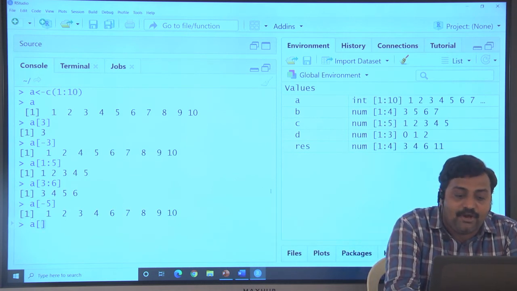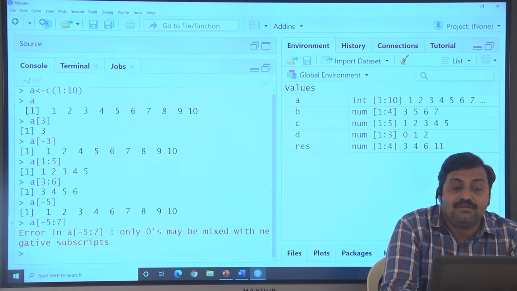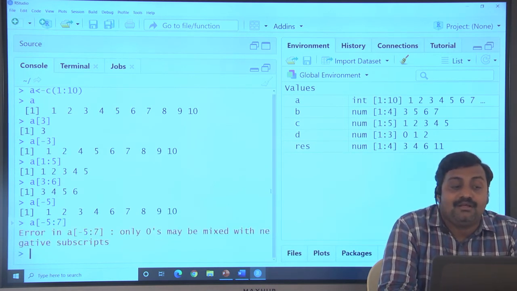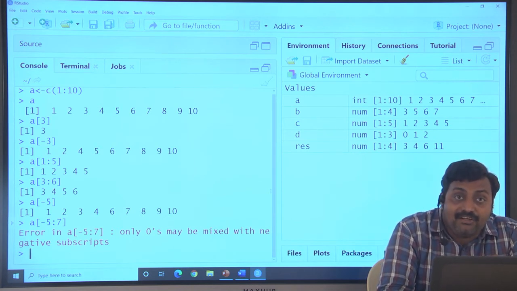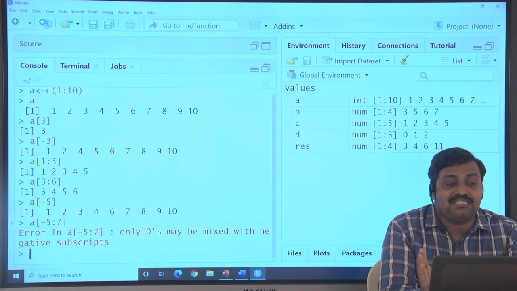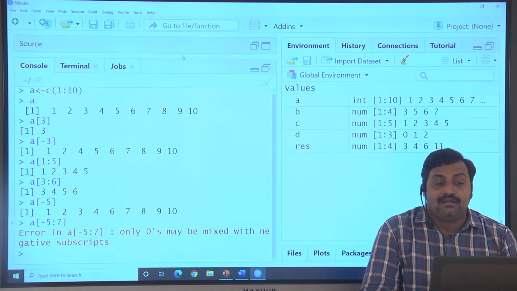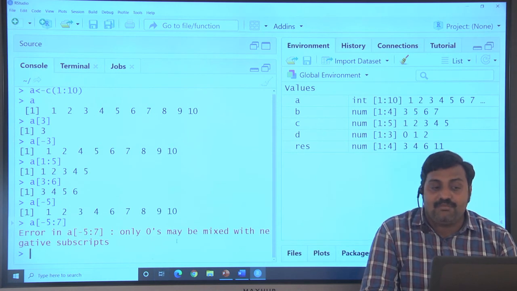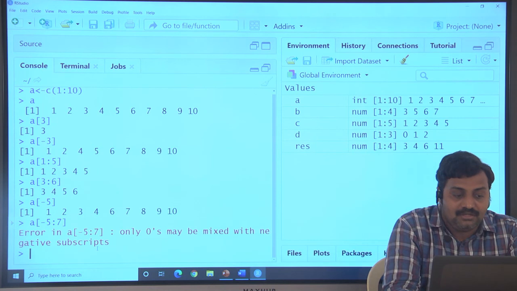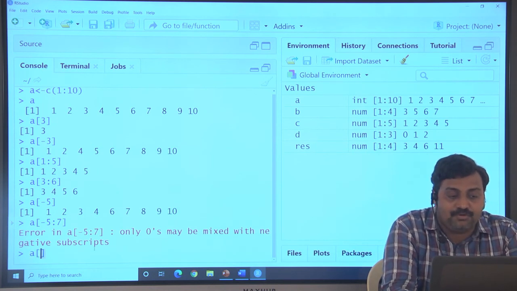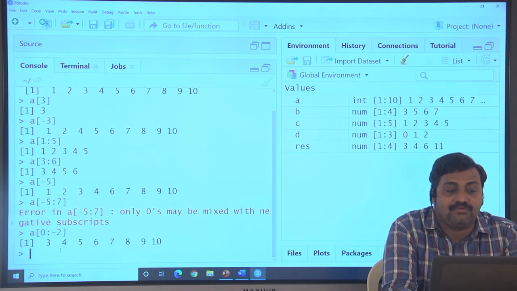Suppose I am giving A of minus 5 to 7. So here, what will happen? With negative positions, the range is not able to perform the operation, because only 0 may be mixed with the negative subscripts. Otherwise, you can perform 0 to minus 2.